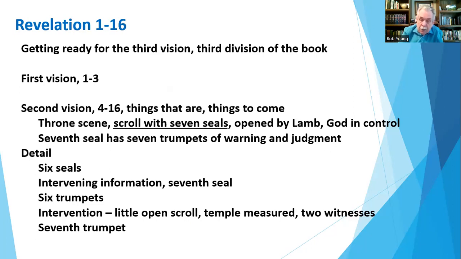The second vision in the book, the primary apocalyptic message of the book, the center part of the book, contained in 2 scrolls, chapters 4 through 16, concerns things that are and things that will come after these things, echoing chapter 1, verse 19. The book of Revelation naturally divides into 4 visions, each of them introduced with the phrase